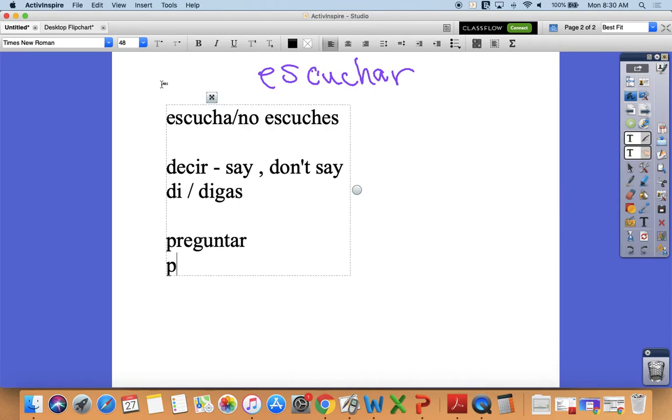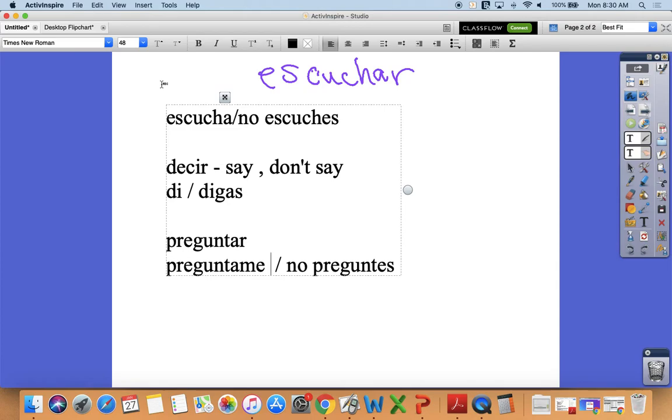Pregunta, and no preguntes. So what if I wanted to say in an affirmative command, ask me? Ask me the question. I'm using that pronoun at the end. What do I do with pronouns with affirmative commands? I add it to the end. So if I wanted to say, ask me,